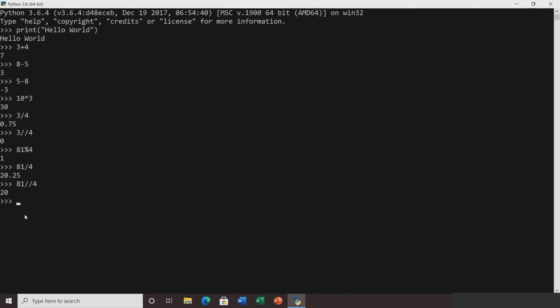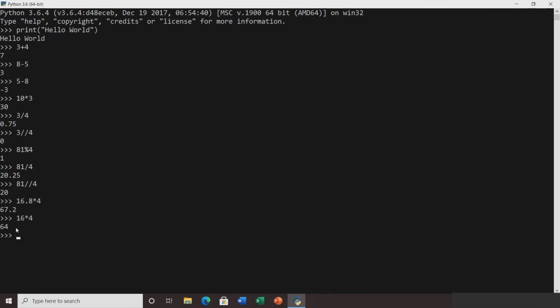Okay, now let's see another operation of floating point numbers. If we write 16.8 into 4, we will get the answer as a floating point number. But if we use integers like 16 into 4, it will give you 64, that is whole.